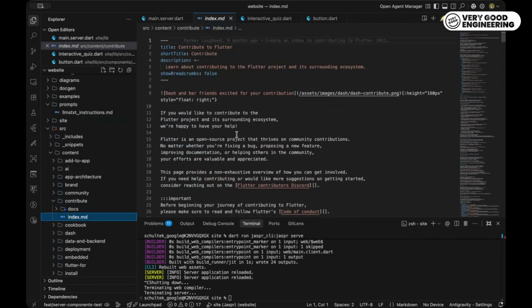From what I've been looking at by myself, it follows the same convention that you would have with something like Astro or things like that, right? In the markdown you can use front matter and things like that. So if you're already familiar with using Markdown to build content sites, you should feel at home building Jasper sites as well.